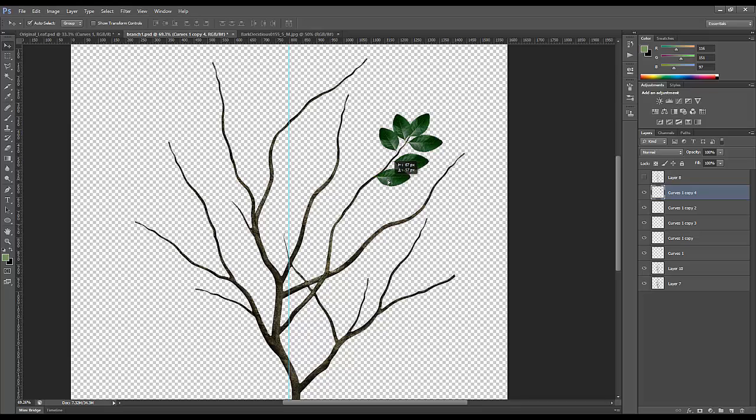Okay, and continue like this. Try to rotate almost perpendicular, but not quite. Scale it down a little bit to make a variation of the leaves. You can place one here, and also you can create another squeeze